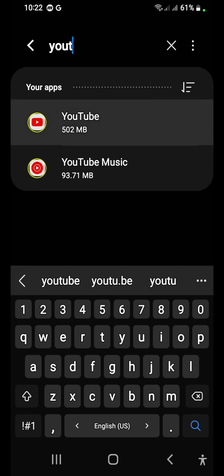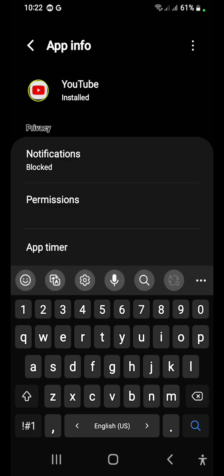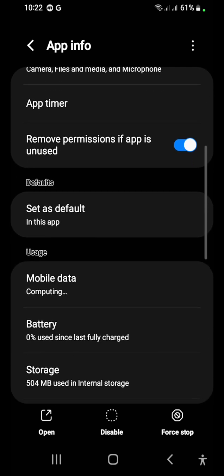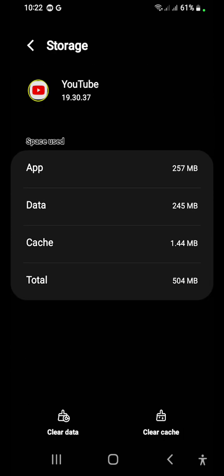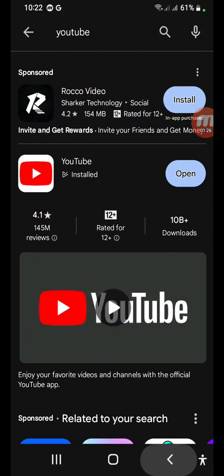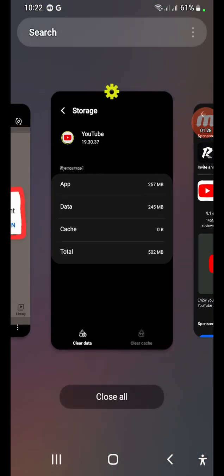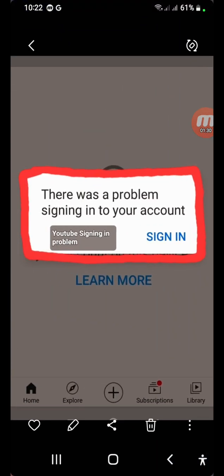So here you can see YouTube, and from here you can go to the storage. From storage you need to clear the cache memory. So when you clear the cache memory, this problem will be resolved. If still problem exists, then the third solution to this problem is, the reason could be you might be using the